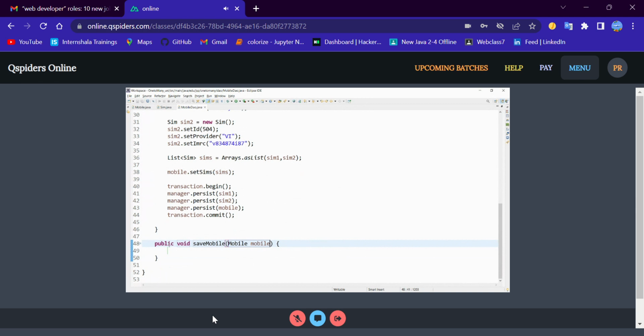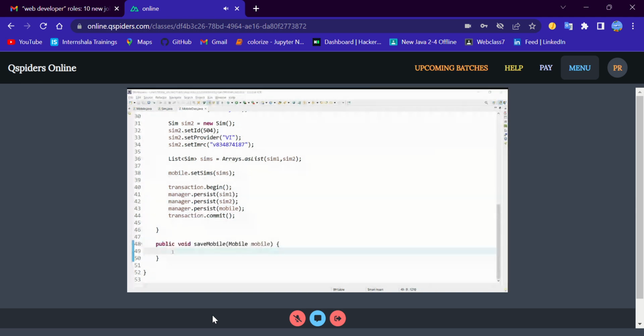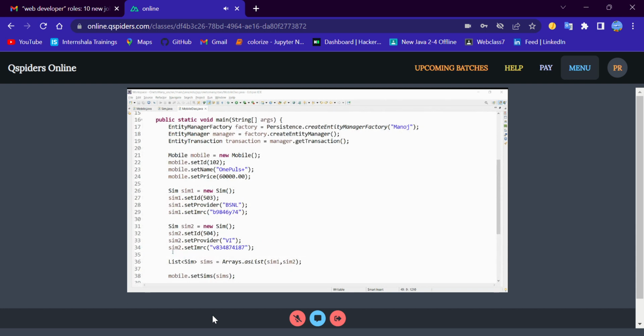And here let me write the implementation to perform the insert operation. To perform the mobile insert operation, what I need to do is get